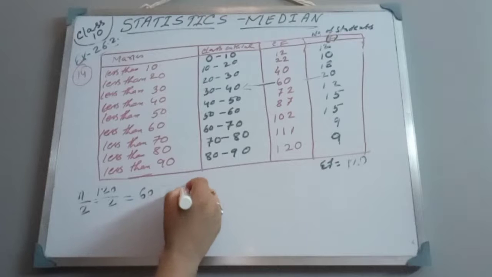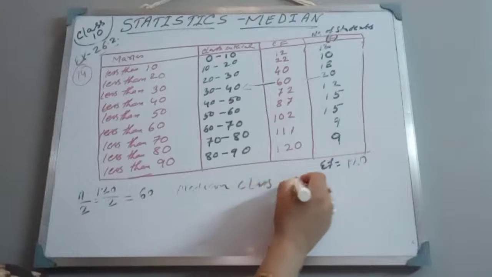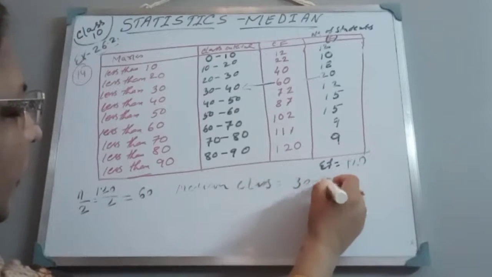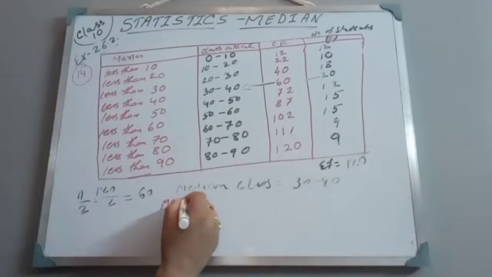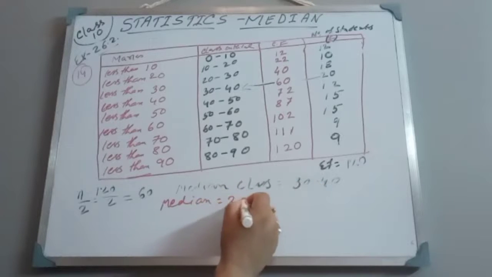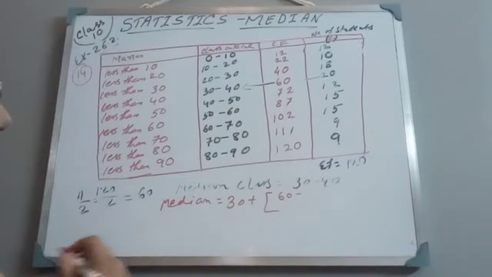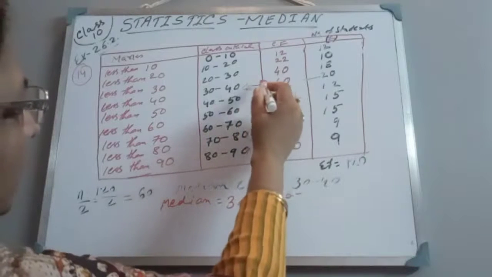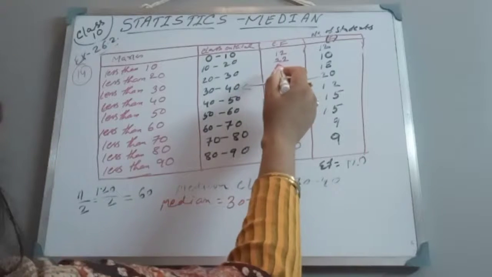So what is the median class? The class is 30 to 40. Now what is the value then? Median class we know, then the same formula. Median is equal to L plus, the lower limit of the median class is 30, plus n by 2. N by 2 we have already got, this is 60. N by 2 minus CF, where CF is the cumulative frequency of the preceding class. The preceding class cumulative frequency is 40.